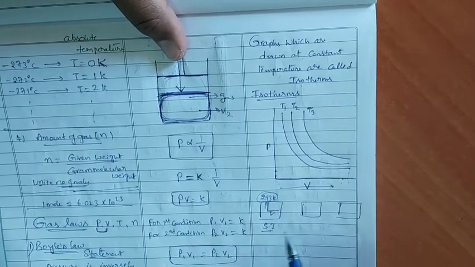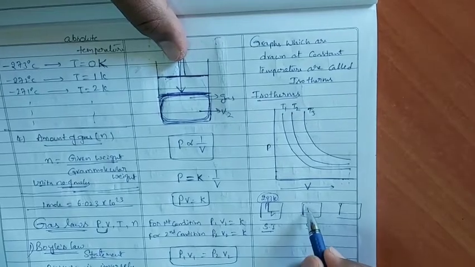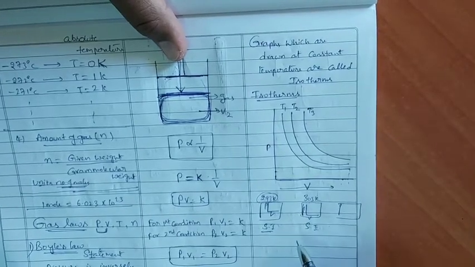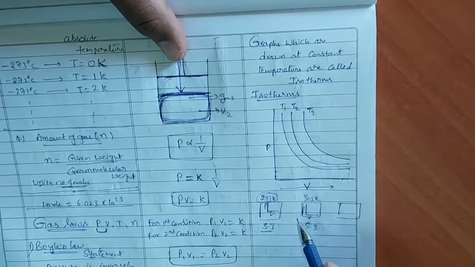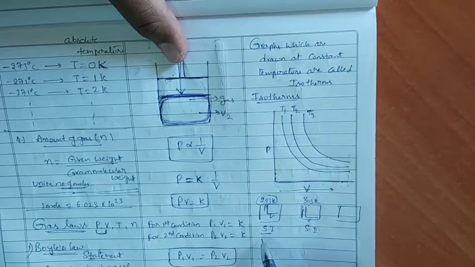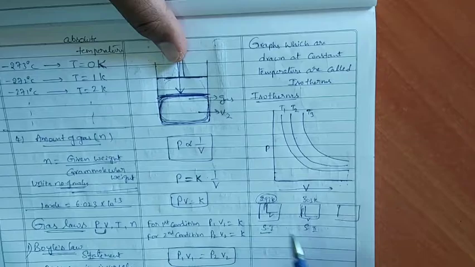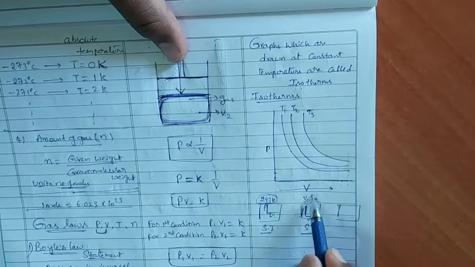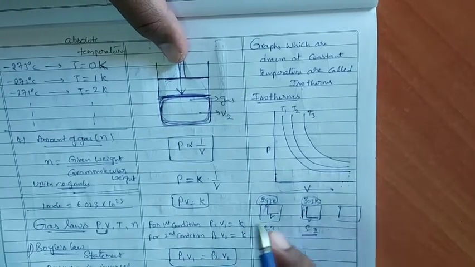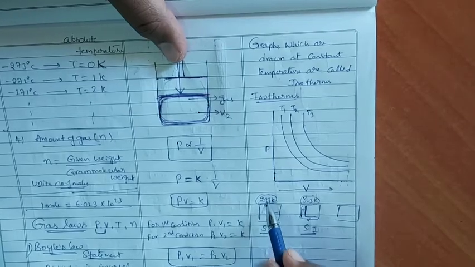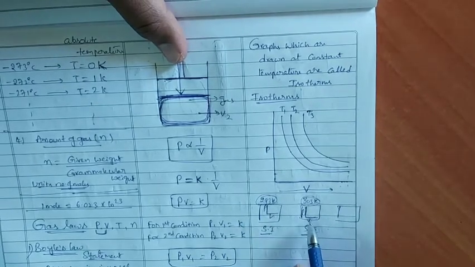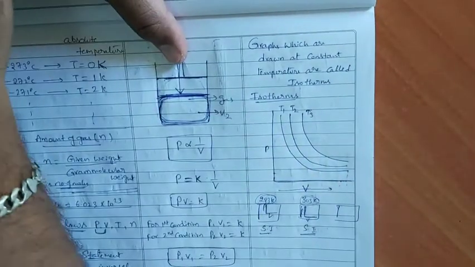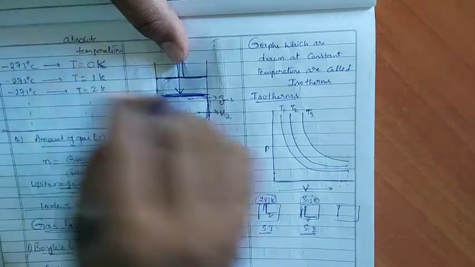Scientist 2 is also doing an experiment between pressure and volume only, but at a different temperature, 303 Kelvin. That does not mean temperature is changed. As long as this experiment is going on for scientist 1, temperature is maintained at 293 Kelvin. As long as the graph is being considered for scientist 2, temperature is maintained at 303 Kelvin. Like that, in one experiment P and V are variables at constant temperature. In another experiment P and V are variables at another constant temperature, that is 303. Like that, they have drawn at different temperatures. I hope you understood.